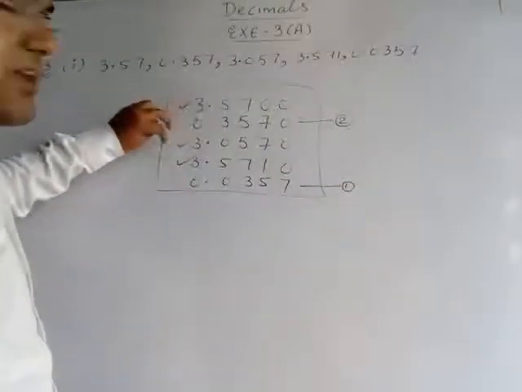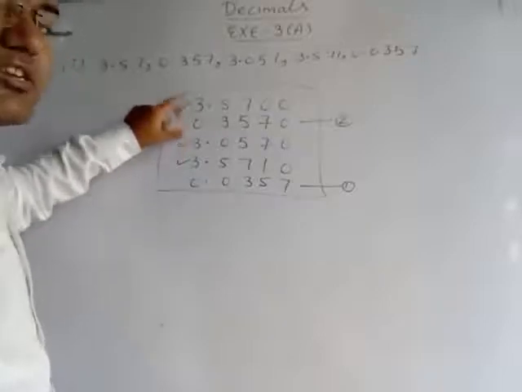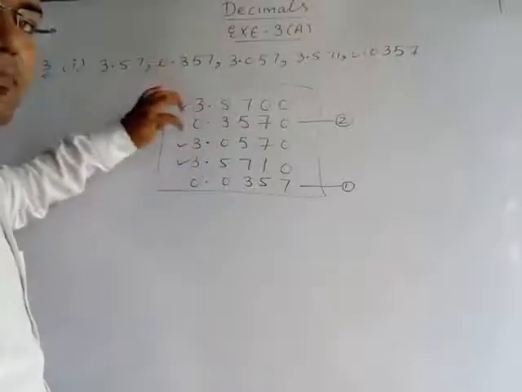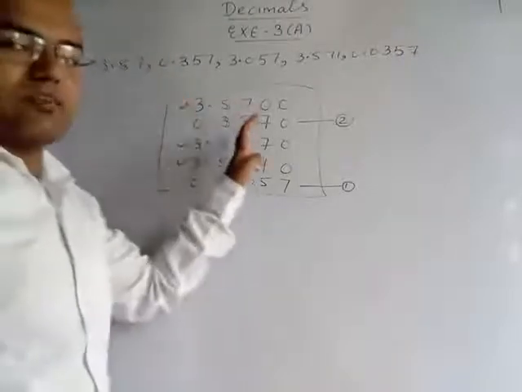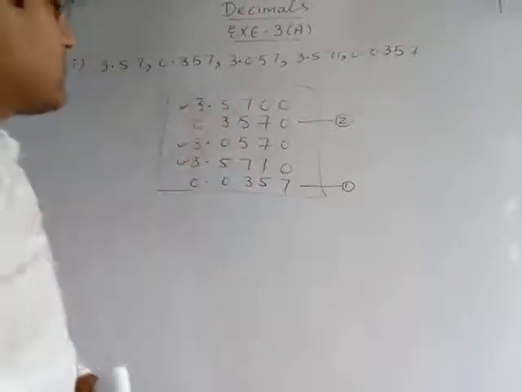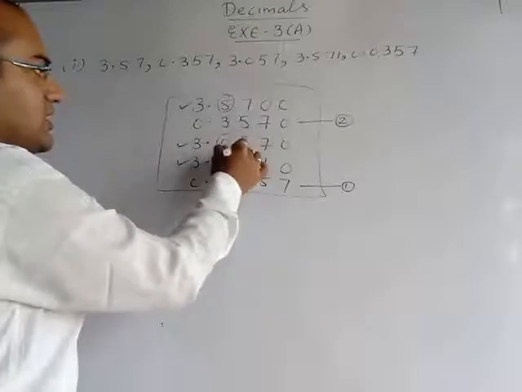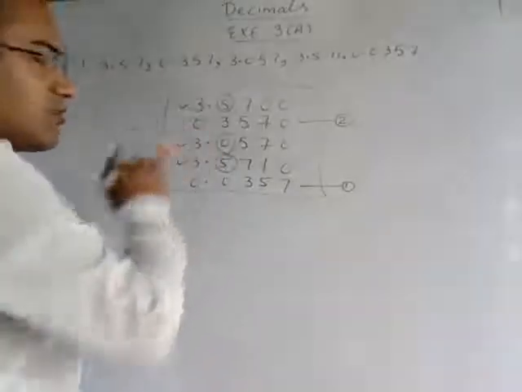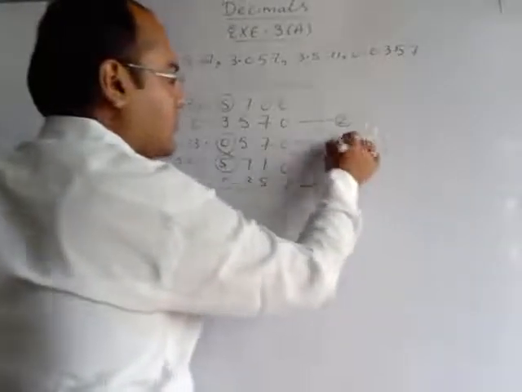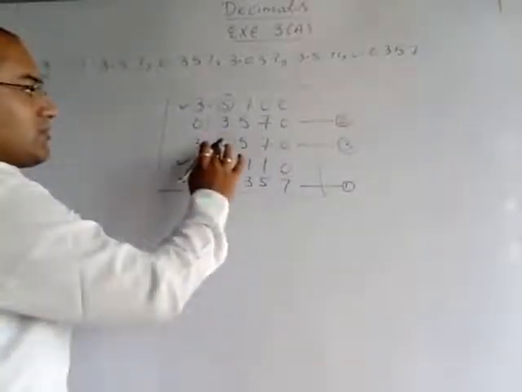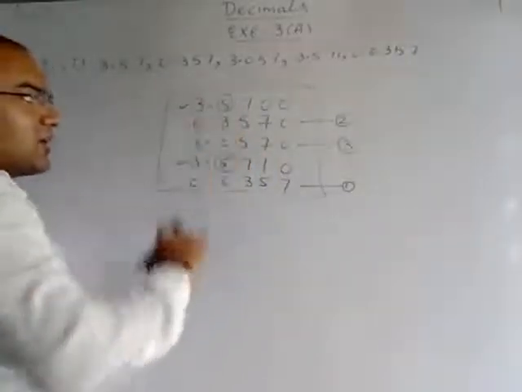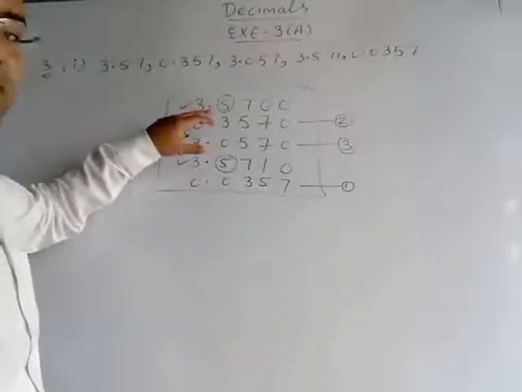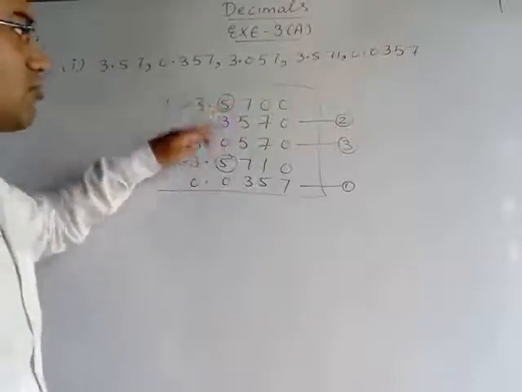On the left side of the decimal, these 3 numbers have the same digit, 3. Now we will move to the first decimal place. What is the first decimal place here? 5. Here? 0. Here? 5. So among these 3 which one is smaller? 0 is smaller. That means at the third place we have to write this number. Now this number is also over. Now 2 numbers are remaining, and in these 2 numbers you will observe that on the first place on the right side of the decimal, both have the same number.